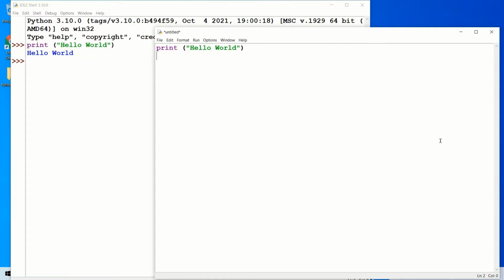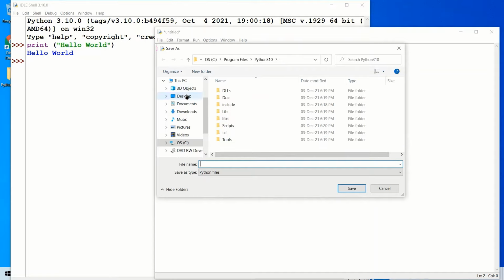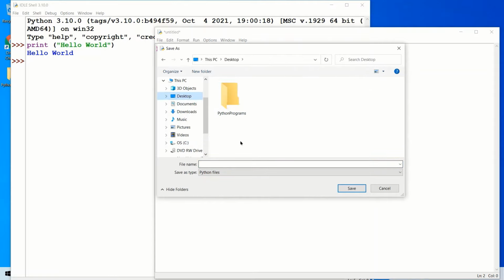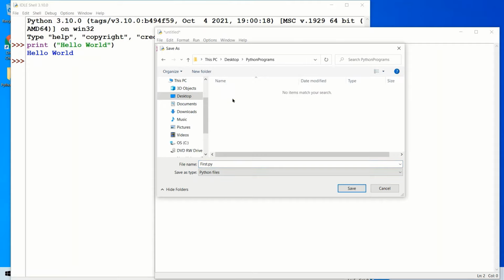For executing this file, go to Run, click on Run Module, or simply press F5. The Python IDE prompts you to save your script as a Python file. So click OK. Write the file name over here along with the .py extension. So here I am writing first.py and choose the folder where we want to save.